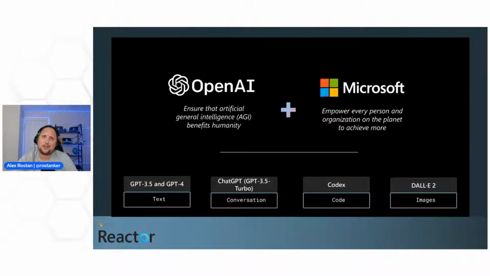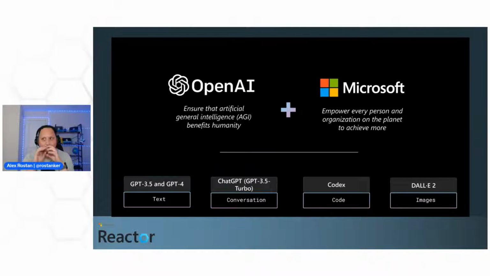There were some doubts about OpenAI, Microsoft and Azure OpenAI, so to be pretty clear: